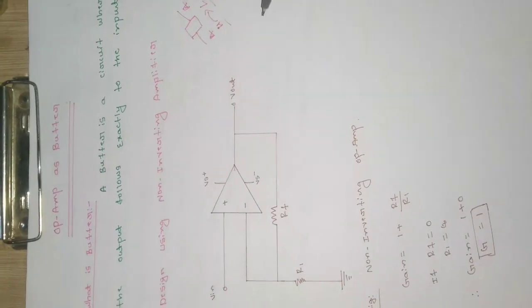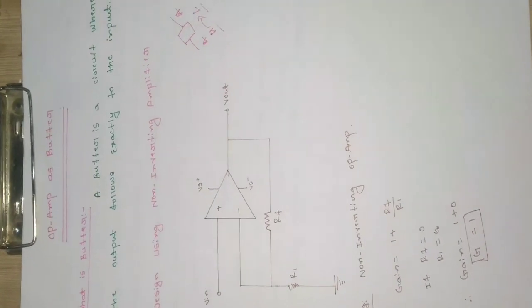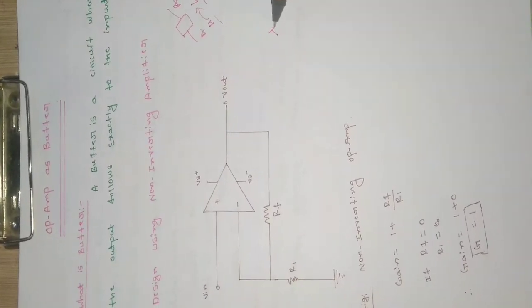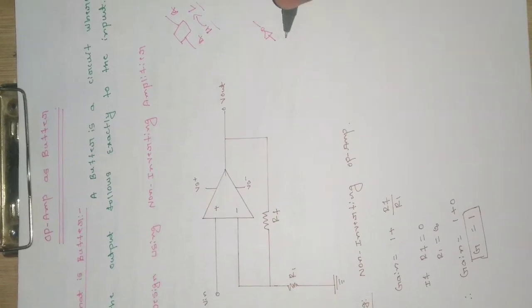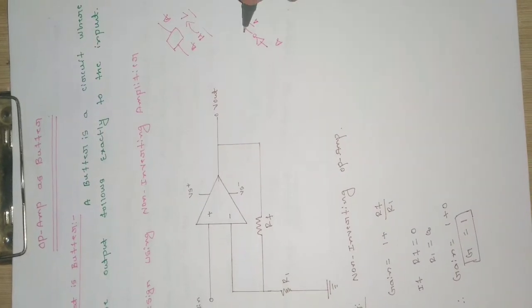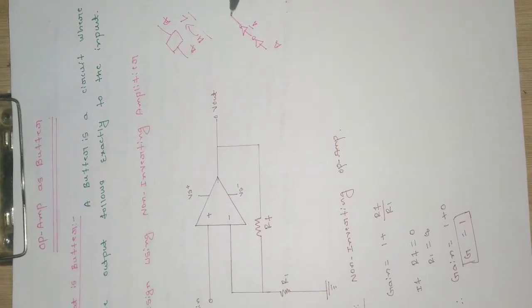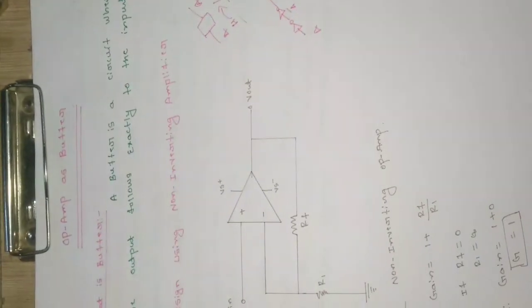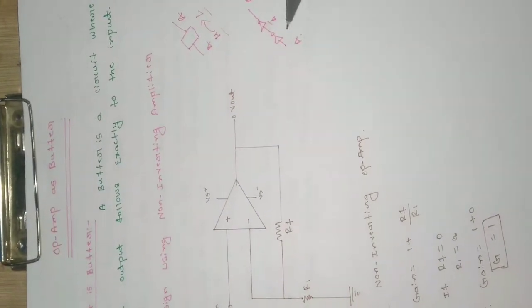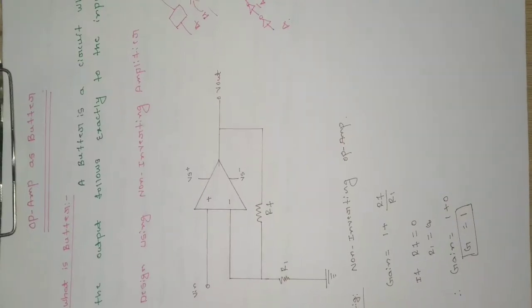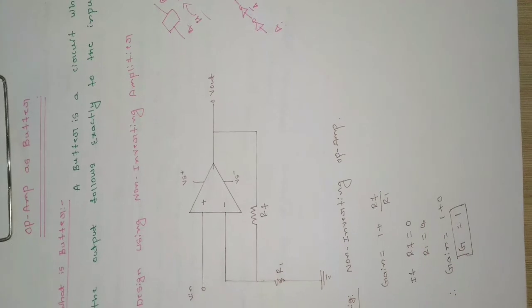Okay, so with the help of basic gates, how we can implement the buffer is, suppose you are having a NOT gate over here, and if you give A, then we will be getting A bar, right? And if you give this to another NOT gate, then we will get A again. So this is how we can create a buffer. This is a classic example, where by using two NOT gates we can implement a buffer. But can we construct the buffer using an operational amplifier is the question.